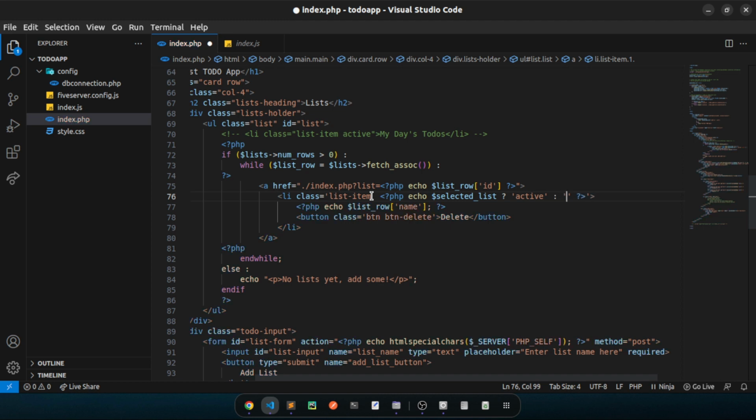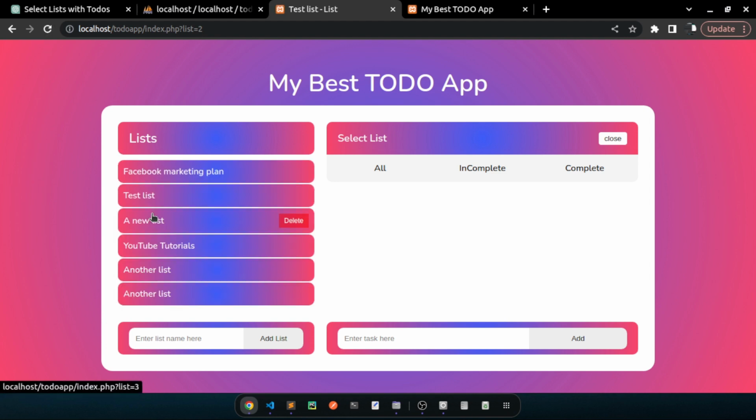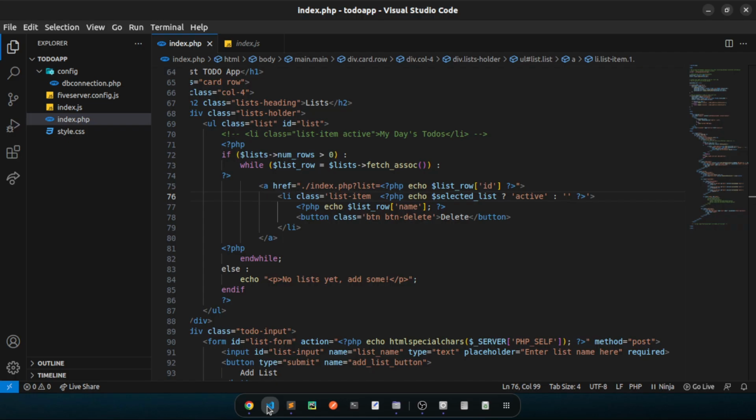Isn't this enticing? So let's reload the page. You will notice everything is now selected. Is that what we really want? No. So it's easy. So if we have a selected list, we don't have to do this using the ternary operator because it's checking for the inactive list. So just change this one, selected list ID